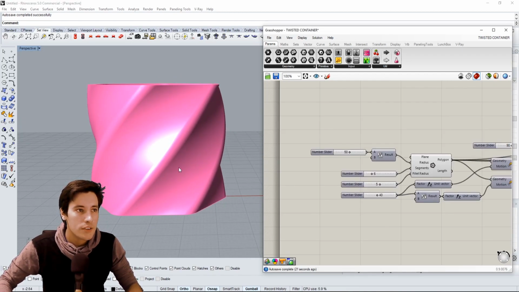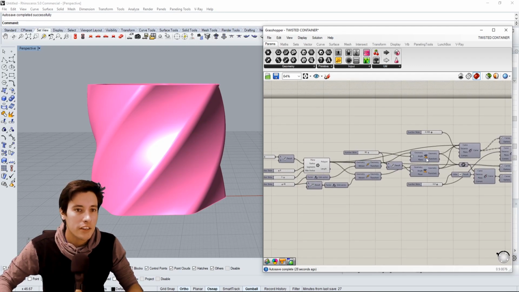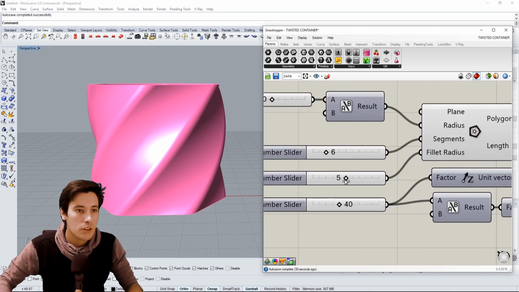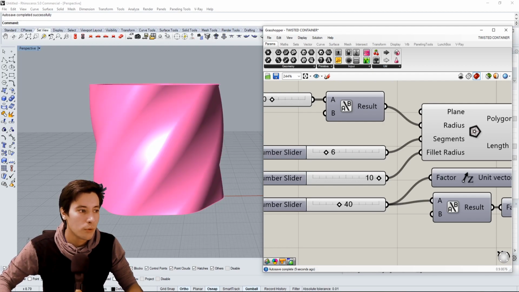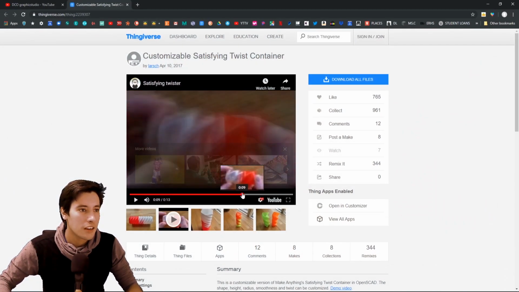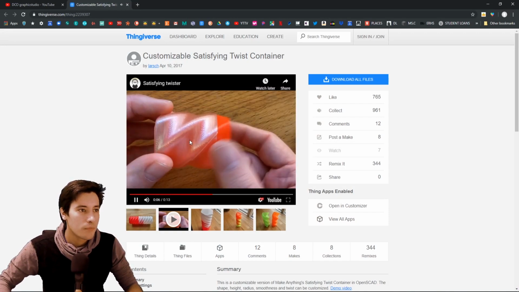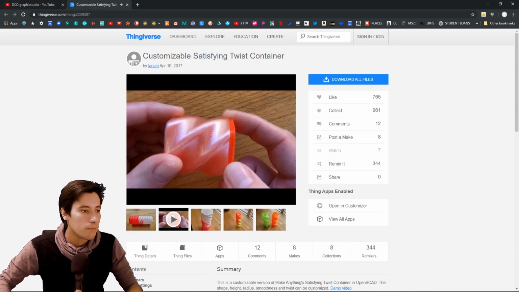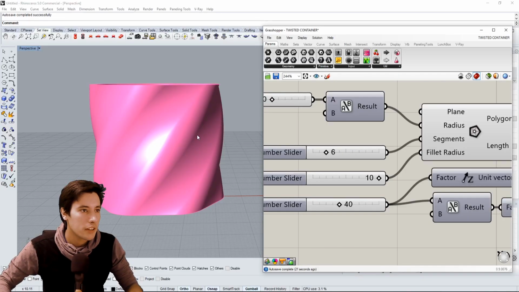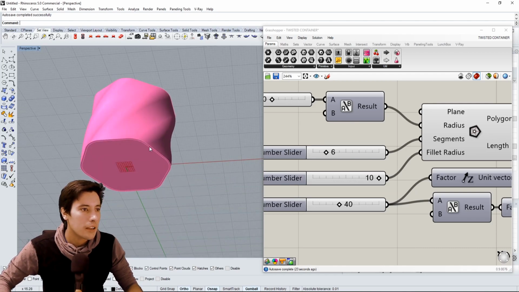And basically what it was doing was twisting the top part, but also creating half a twist in the middle. And so that's what I did here by rotating it. And you could also not do a fillet, which will make it more of a harder edge, or you could always come here and increase the fillet to make it a little bit more of a smooth transition, like the guy has here. The guy here has really smooth, filleted edges. And so that's what I wanted to recreate, and I was able to do that,